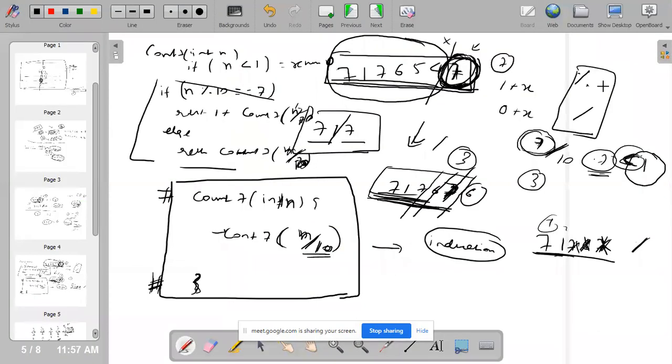I hope it makes sense to you guys. Manish, one doubt. I don't know whether this is possible or not. If the question is given to count 0, then how would the base condition work? I'm just asking, I don't know whether this will work out or not.